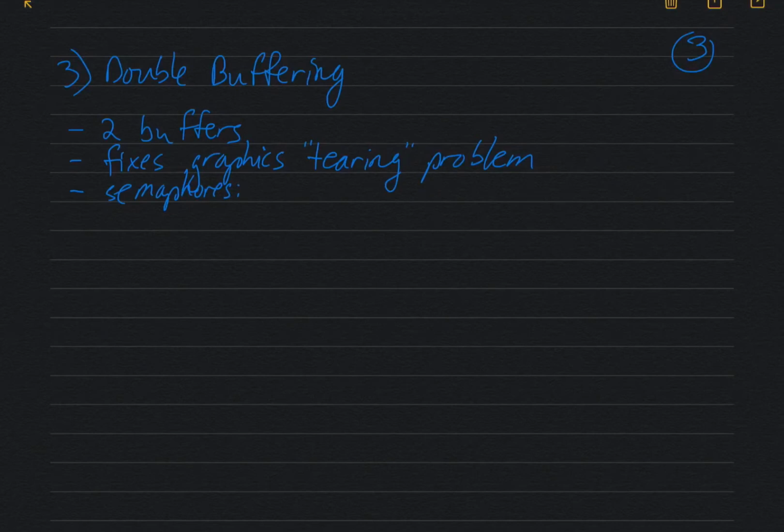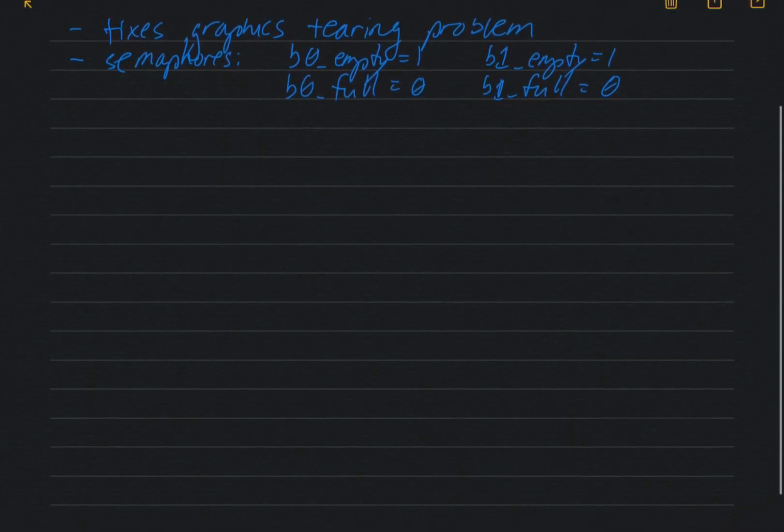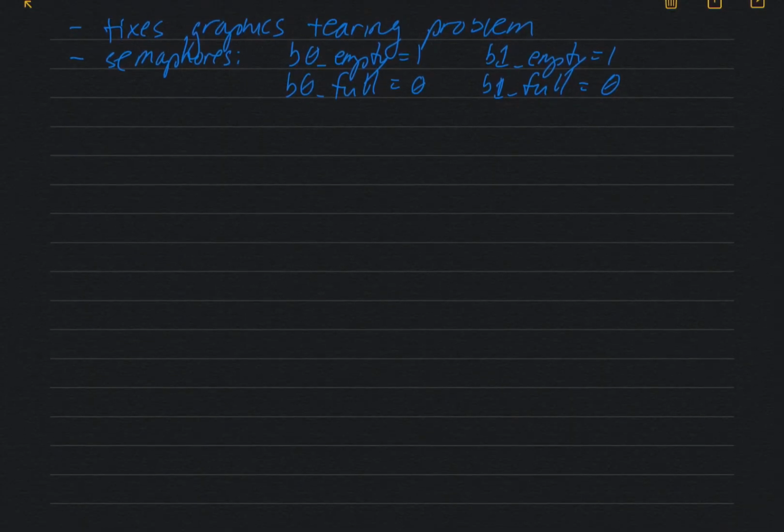Okay, so here's the semaphores that we're going to use. We will use B0 empty, and that will be initialized to 1 because both buffers start empty, and B0 full will start out 0, and B1 for the other buffer, empty will also be 1 because it starts empty, and B1 full will start at 0. So the consumer is going to be waiting on the full semaphore, the producer is going to be waiting on the empty semaphore. We're going to sketch this out now, the flow of what happens, and we're going to need